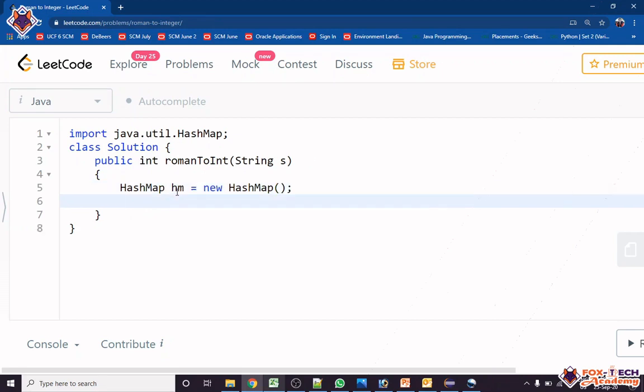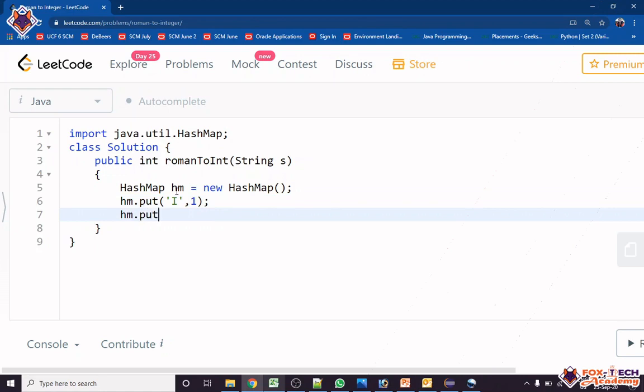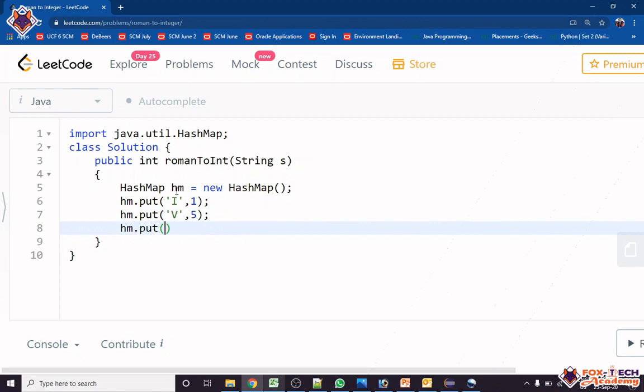And we have to add all the values. So hm.put, we have to use the put function for putting values. Suppose we have I, and the value of I is 1. hm.put I, then we have V, and the value of V is 5.